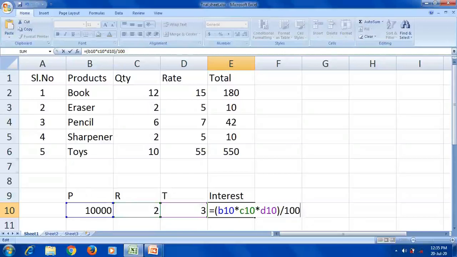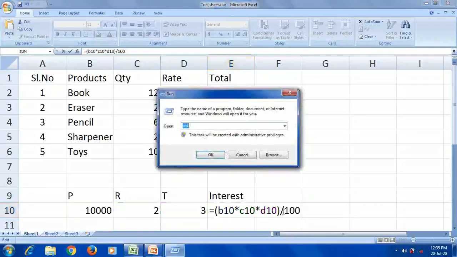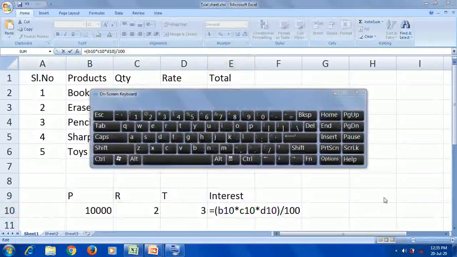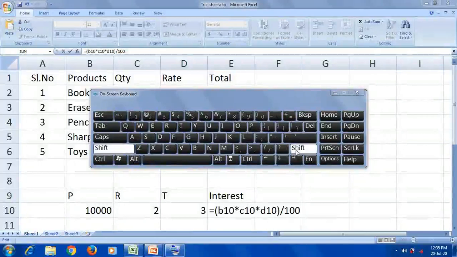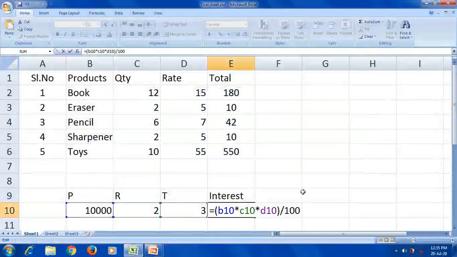See here, we have used the multiplication sign and the division sign. I will show you where the division sign and multiplication sign are on your keyboard. See here, this sign you can use for division, and see here, down is 8 and above that is the multiplication star sign. Hold the shift button, then press that button, and automatically you will get the multiplication sign. After entering, when you press the enter key, you will get the simple interest. So this is the way to create compound formulas.